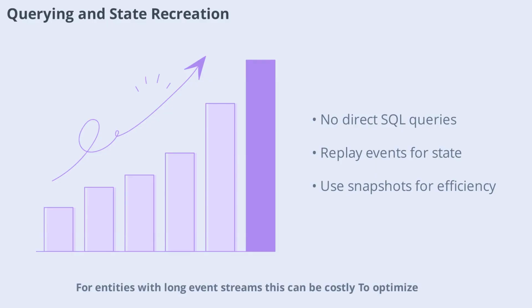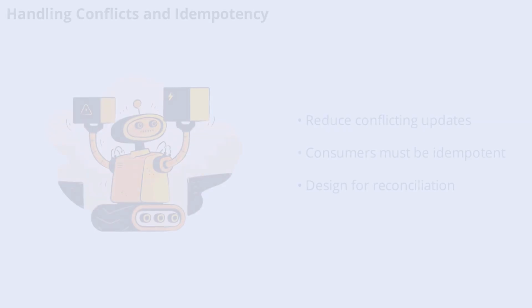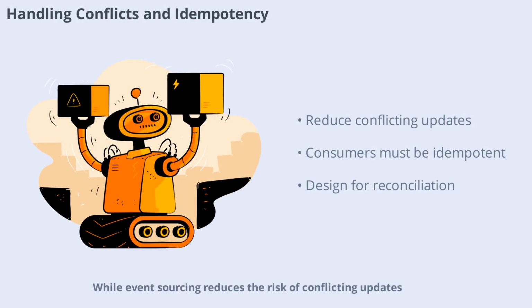To optimize, systems often create snapshots at intervals, storing the entity's state at a point in time. When reconstructing state, you start from the latest snapshot and replay only the events that occurred after it, balancing performance with accuracy. While event sourcing reduces the risk of conflicting updates, inconsistencies can still arise, especially due to eventual consistency